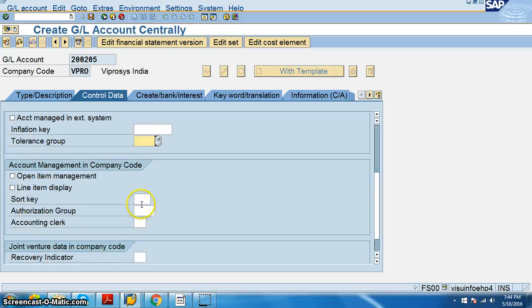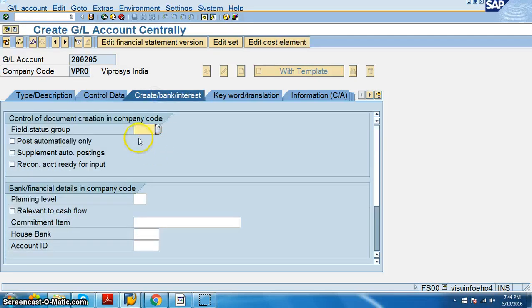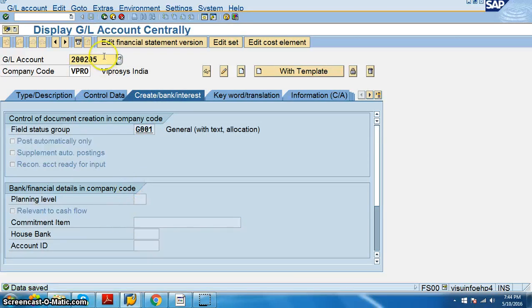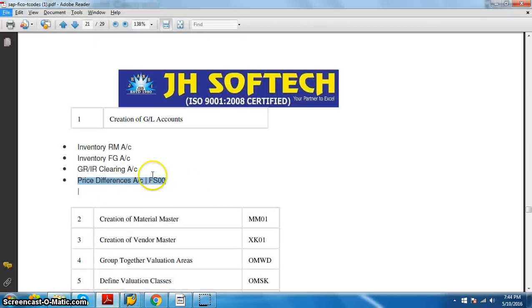Okay, tolerance group you are not mentioning here. Line item, keeping it blank. 001. Create G001. Save. And then once it's been done, we are done with all these things.